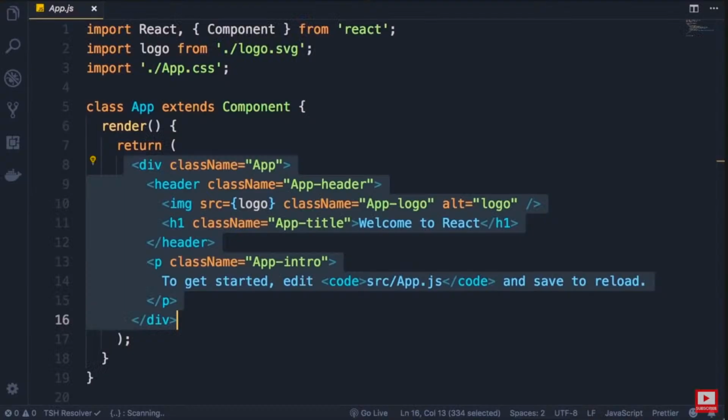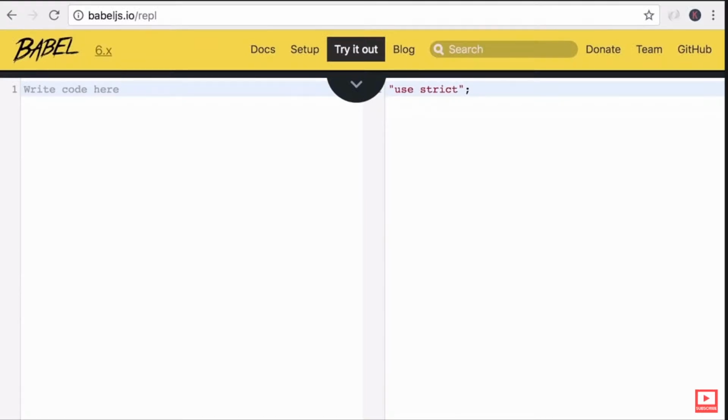Now, to make this code work, we have to pass this code through Babel, which is a modern JavaScript compiler. So Babel will take this JSX syntax and convert it to plain JavaScript code that browsers can understand. Let me give you a quick demo. Head over to babeljs.io/repl, or REPL. Here we can type modern JavaScript code, and Babel will convert that code into